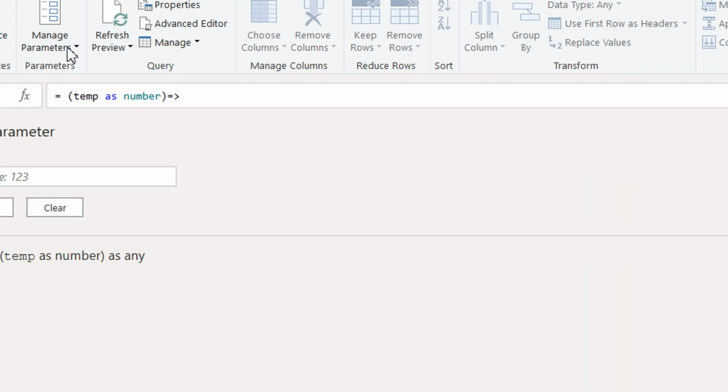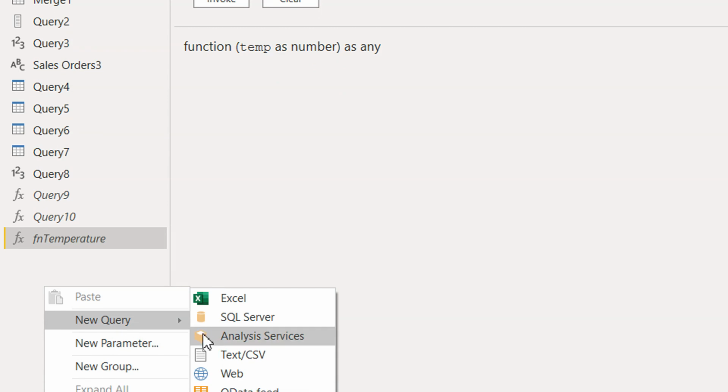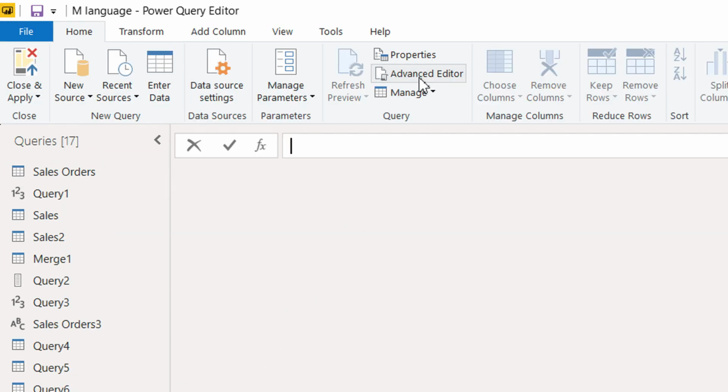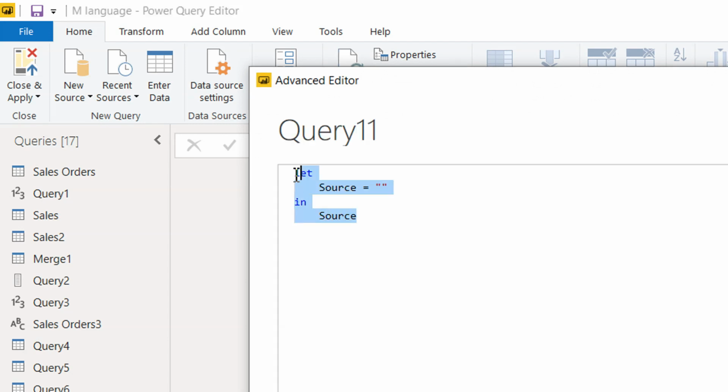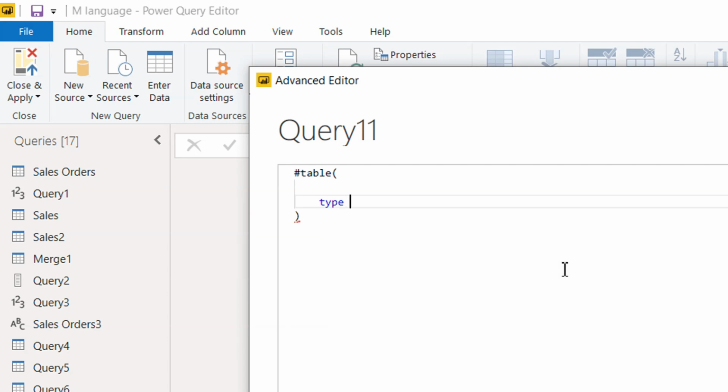This is the name of the function, and then we need to right click and blank query, advanced editor, and here we have to write one table, type table,